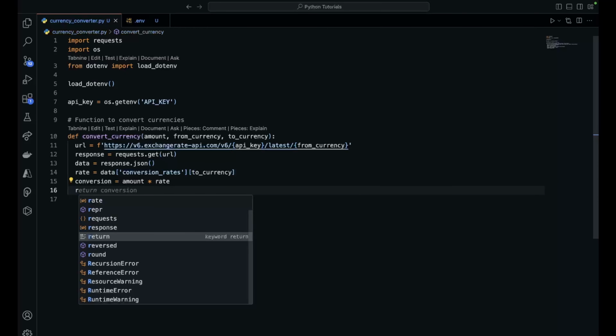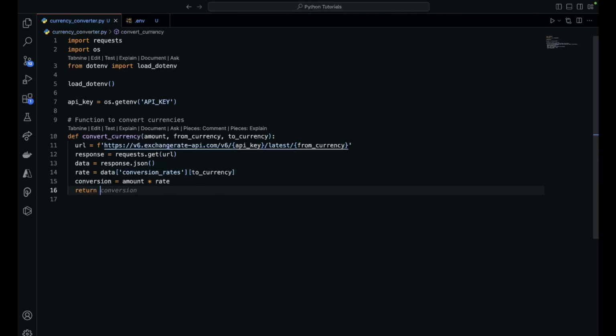And we want to return a string that says you just converted this amount from this from currency to this to currency. It's going to show like you converted from, let's say, $100 to,